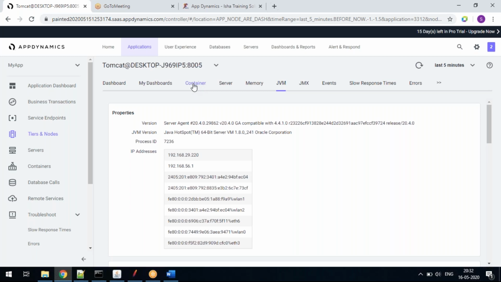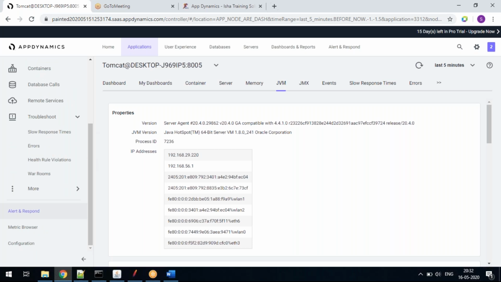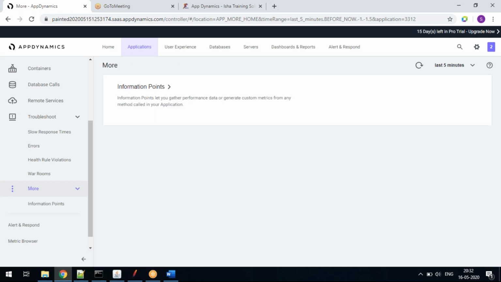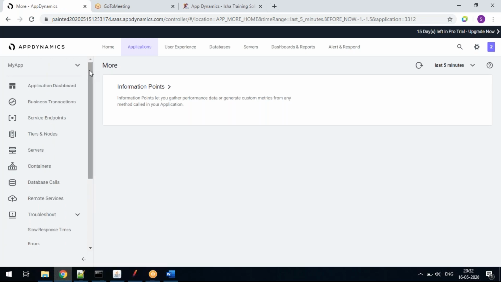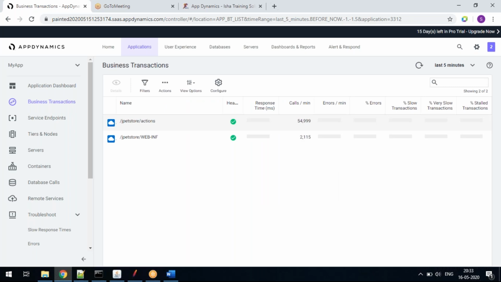So when we go for our regular course journey, I will explain each and everything: how to get the data, how to debug the data, how you identify whether it is a real potential performance issue, a fake performance issue or a true performance issue, and how you are going to report it to the stakeholder. All those things I am going to explain, each and every tab we are going to go through, and how we identify the performance issue. That is how we are going to cover the AppDynamics tool. It is not only AppDynamics tool-related things, guys.